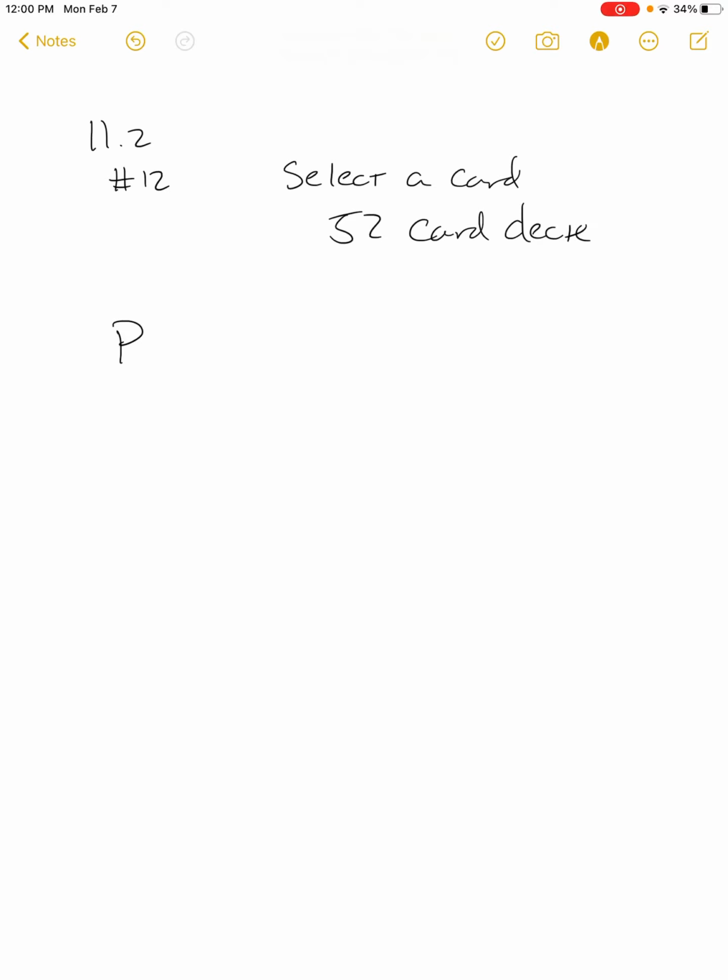So one of the ones you sent me was 11.2, number 12. What was happening is you were selecting a single card from a 52 card deck. And the question was finding the probability that that card was, and I'm consulting my notes here, neither a heart or an ace. And so my recommendation here, if you're struggling with this question, is to